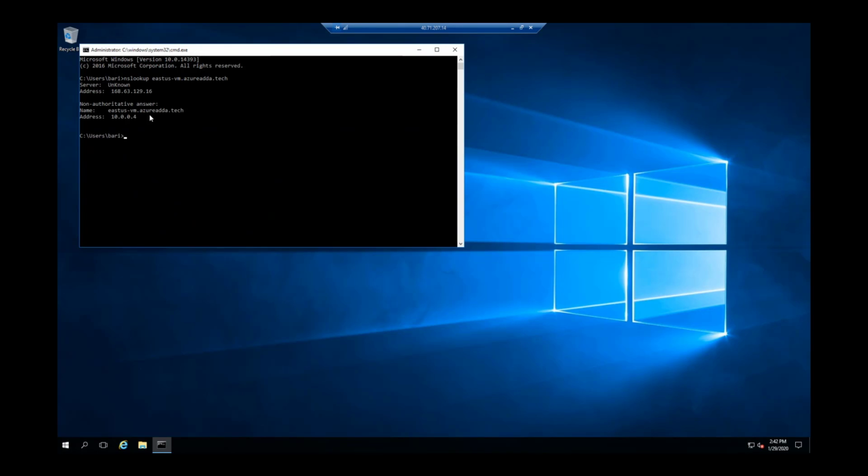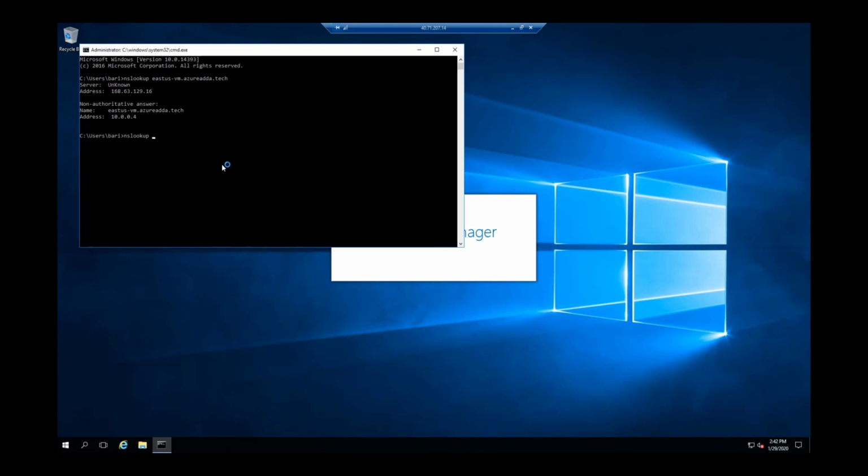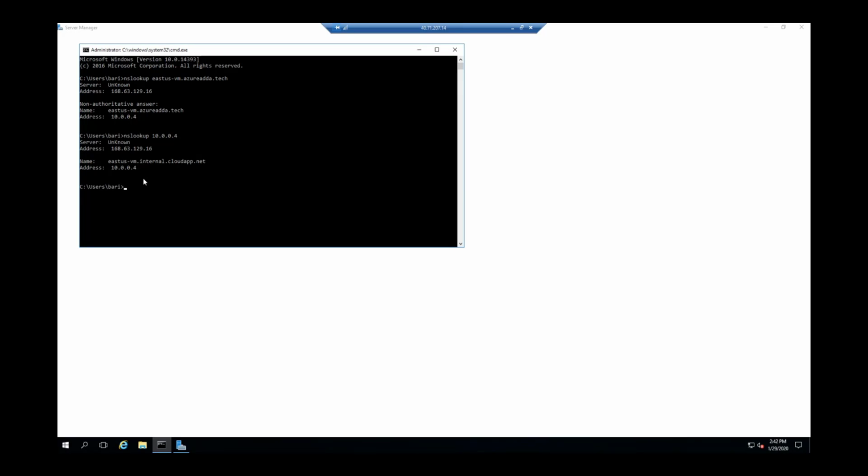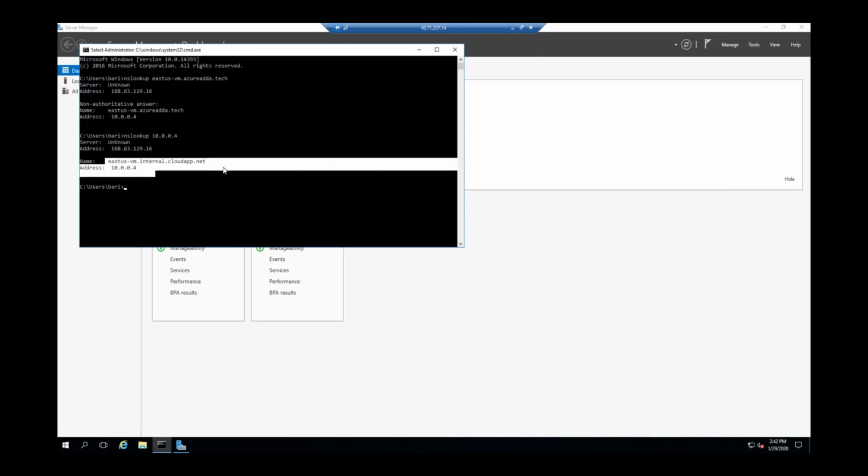Here you go. It's resolving through the name and IP. So you can just NS lookup 10.0.0.4. So it's also giving you